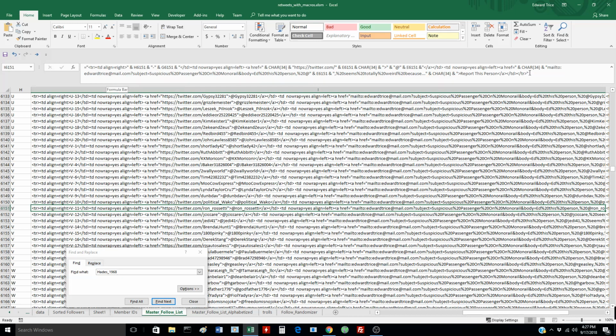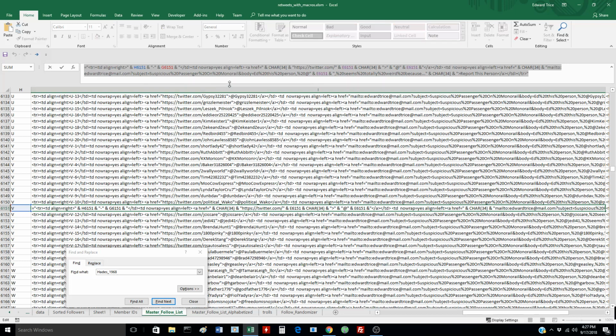This piece of text, this formula right here, equals, and then all this stuff, is what actually builds the website. So you might say, how could I possibly be putting all these names into a list? I don't. I create one master list, and then I use Excel kind of as the slave to do all the work.